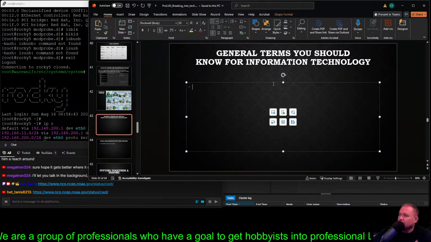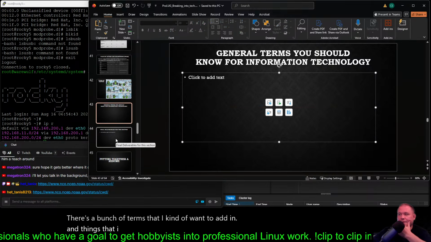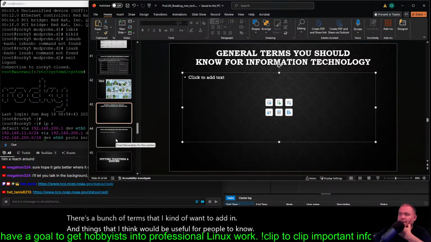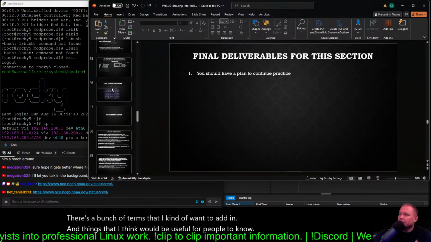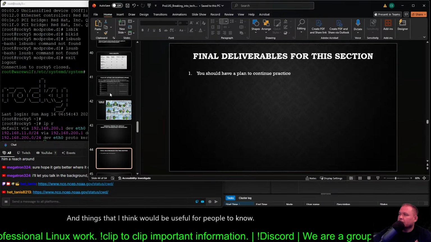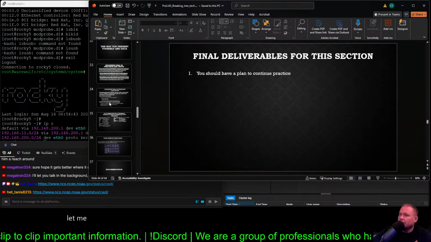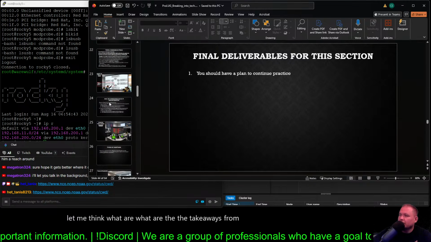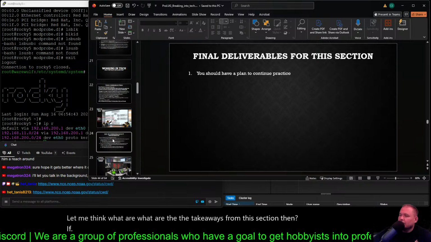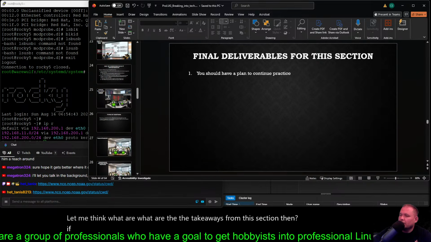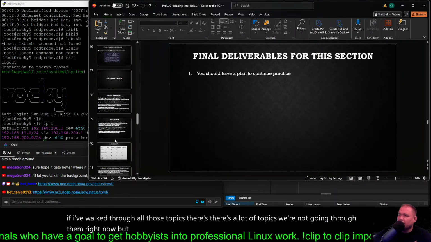There's a bunch of terms that I want to add in and things that I think would be useful for people to know. Let me think, what are the takeaways from this section then? I've walked through all those topics, there's a lot of topics. We're not going through them right now, but if I went through all those topics,